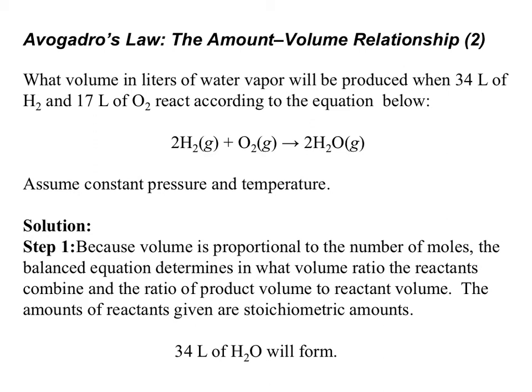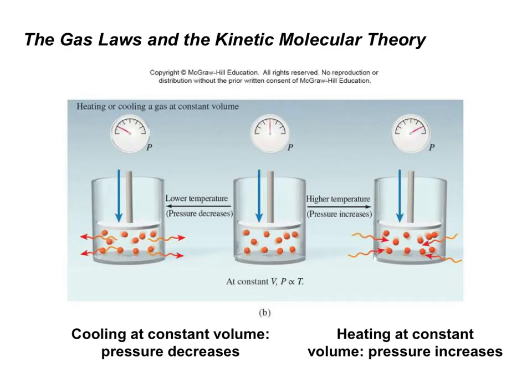So, where do we go from here? Well, let's look at examples of how changing the pressure, volume, or the amount of material can have an effect on a system. Let's see what happens if we change the temperature of a gas at a constant volume. Well, as you will notice, if we decrease the temperature, the pressure will also decrease. Whilst if we increase the temperature, the pressure will increase.